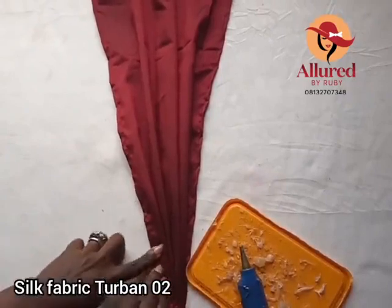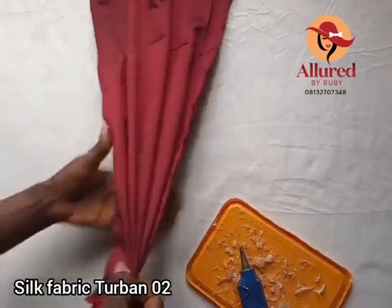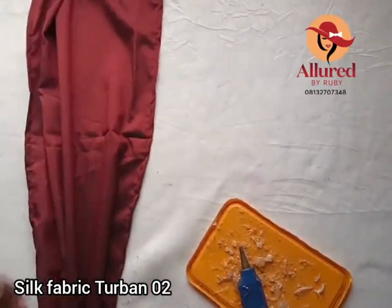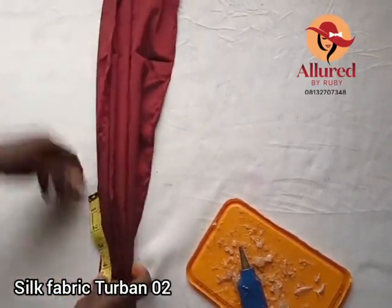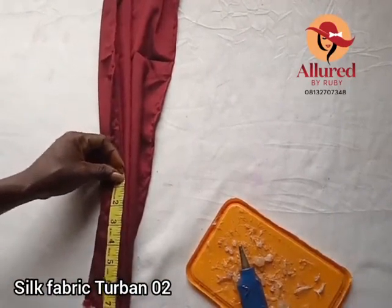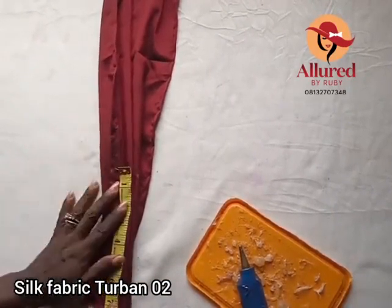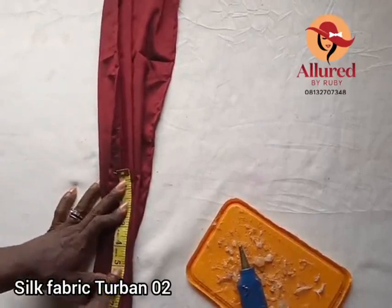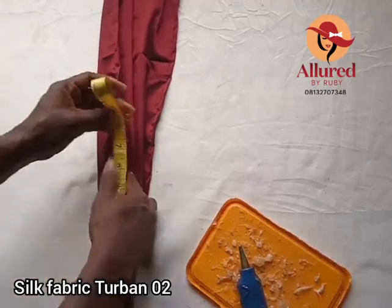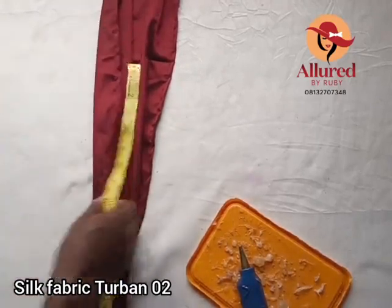Okay, so I'm going to start. This is one, so I'm going to just go ahead and continue like that by giving about 5 or 6, okay, let's say 7 inches allowance. So this is one. I'm going to go ahead and glue again after 7 inches, and again after 7 inches till I get to the end,